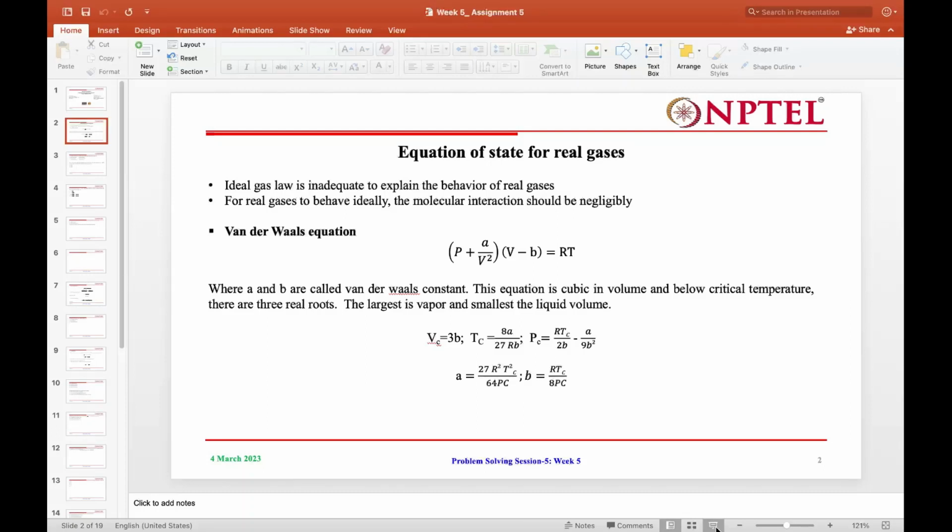Now question 3. The work done by 1 mole of van der Waals fluid undergoing a reversible isothermal expansion from initial volume Vi to the final volume Vf. So we have to calculate the work done. The work done on the gas is equal to minus integral of P dV. Now the work done by the gas on the surroundings, W, is equal to